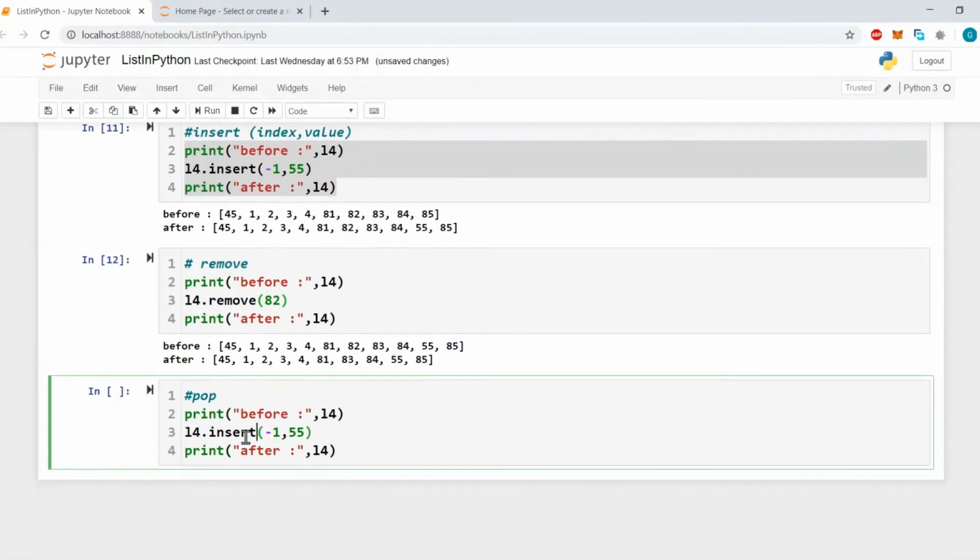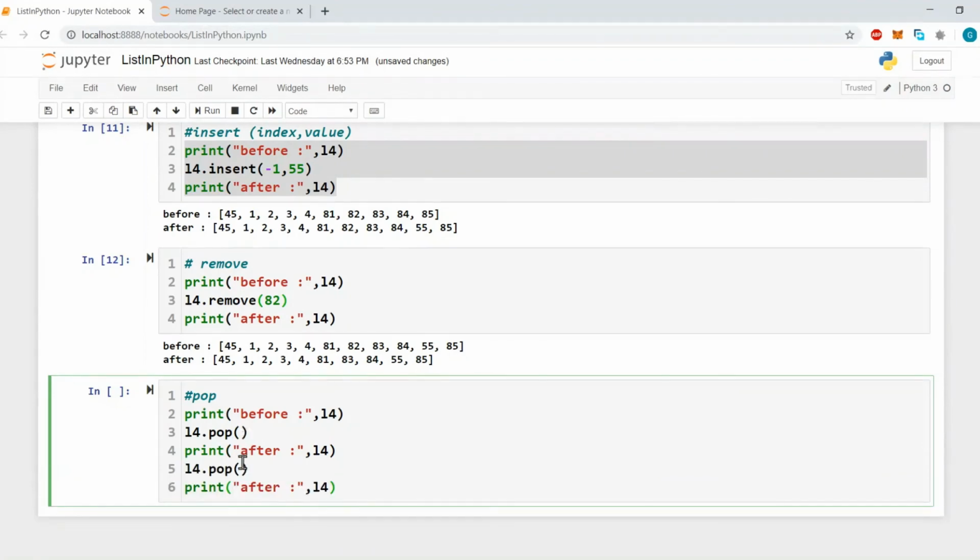L4, here we will write only pop, so we will not specify any argument. Then we will again use pop, but with an index. First we will remove the last element using simple pop, and then let's say I want to remove the second element, meaning 0, 1 and 2.